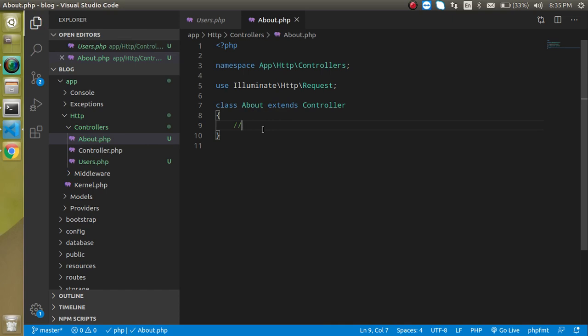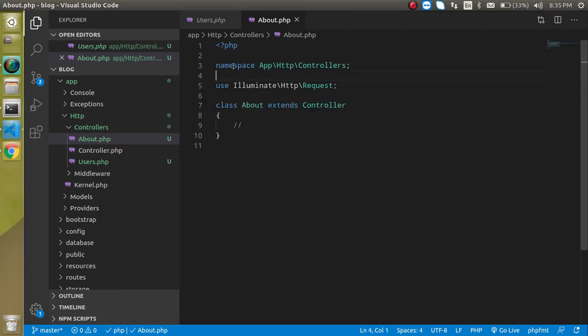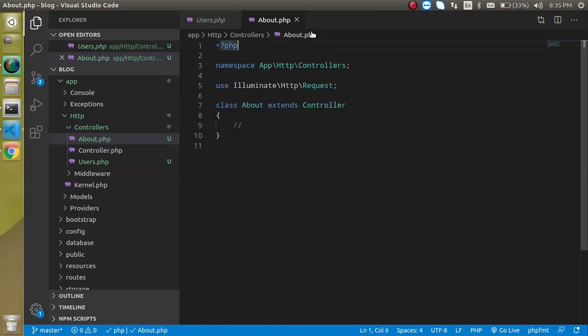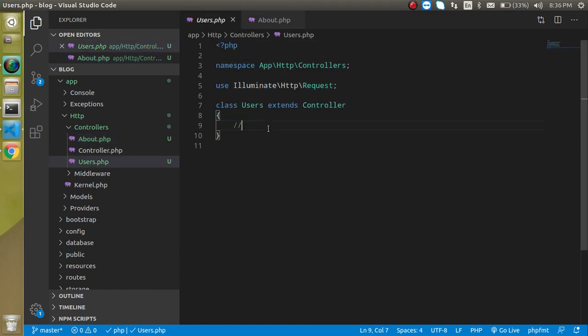Like this. So you can use both ways, but I recommend that you use the command line, because it is not good practice to type all these things, then create a new file and save it, because it is time-consuming and will waste your time. Laravel is very popular for its command line, so just use the command line. That's simple, right? Now the next thing is how we can make a function inside controllers.